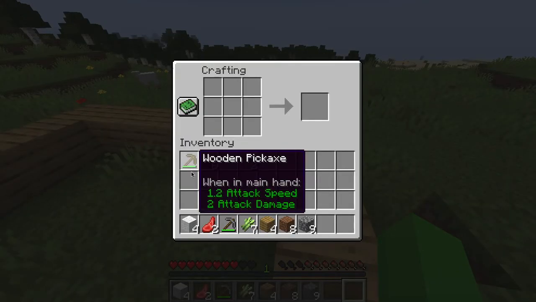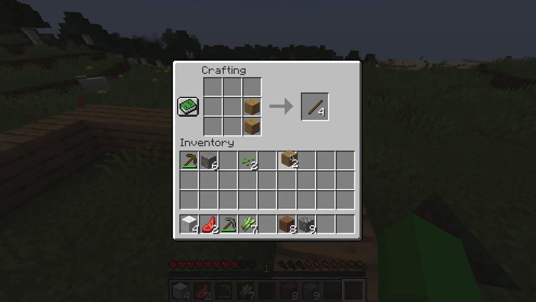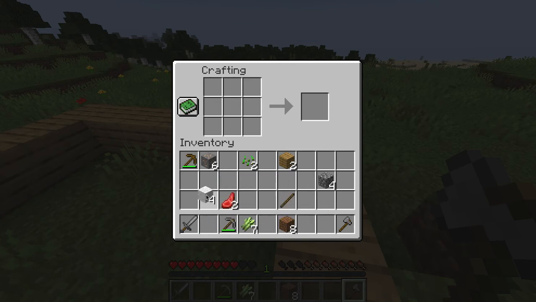But right now, we don't really care about any of that. We're just gonna make an axe. This is how you make an axe. And this is how you make a sword. And this is how you...